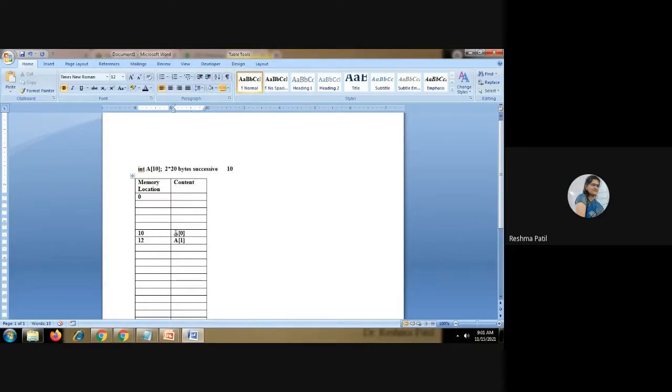For the other elements also, 0 to 9, this is 9. Total 10 elements are there. Each element will contain 2 bytes, so add 2 to this.